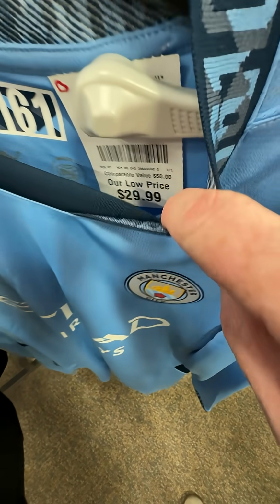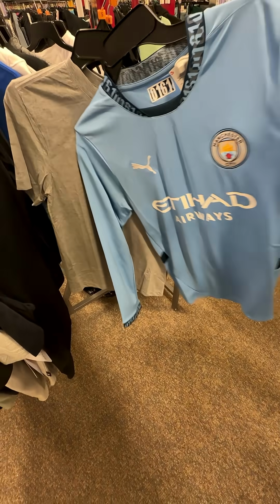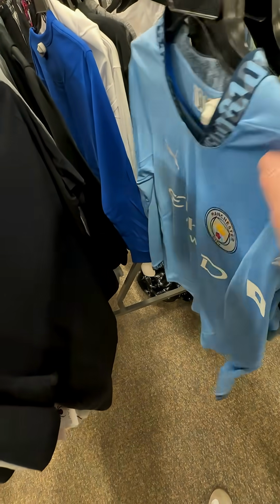I'm not gonna lie guys, Ross and Burlington have slowed down when it comes to finding footy gear, but we're still out there looking. Here's what we found over the last few weeks. At one of the Burlingtons that we hit up, we found this Manchester City home shirt, and guys, it was a long sleeve, and if you know me, I'm a sucker for long sleeve jerseys,